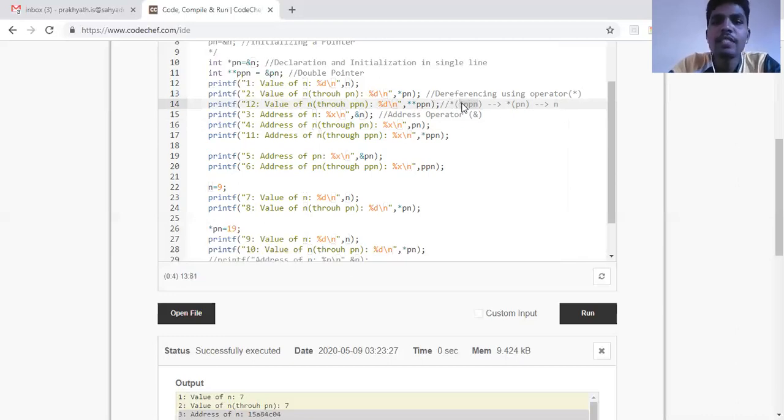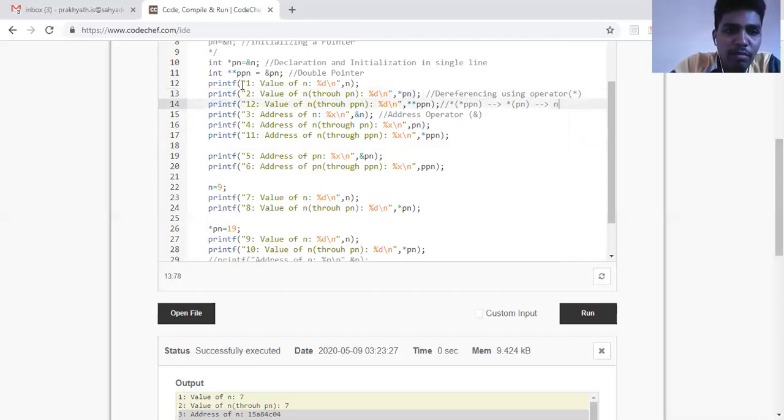So what is the value of star ppn? Star ppn, as you know, gives pn. That we have already seen here in this line. The address of n you can obtain through pn and you can obtain through star ppn. So star ppn is equal to pn. Then what is star pn? So star pn is equal to n. So that is what I have written.